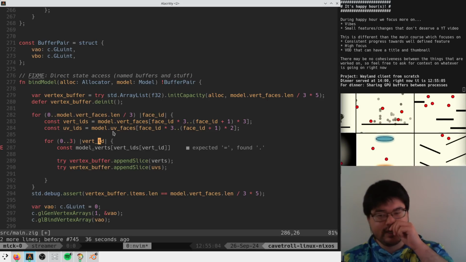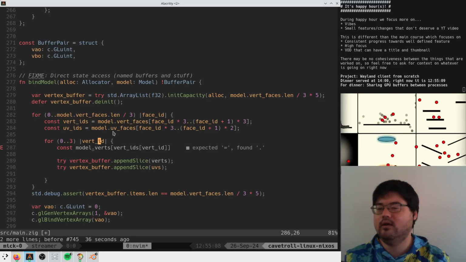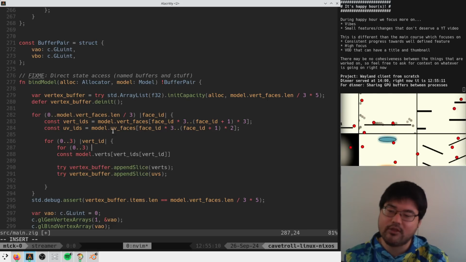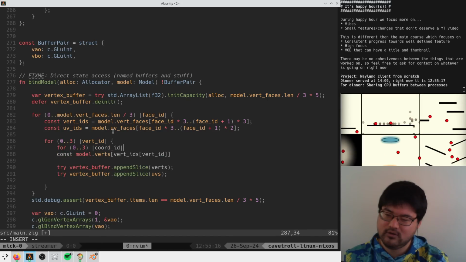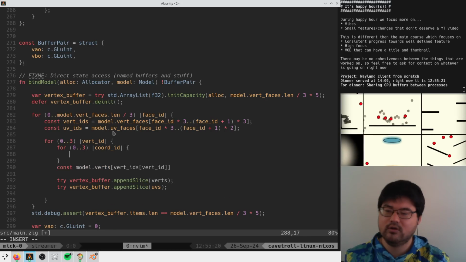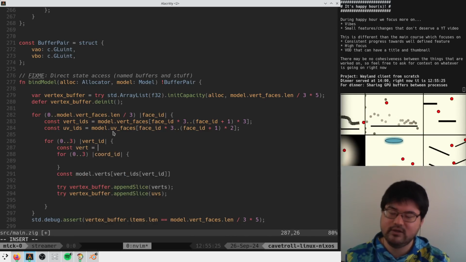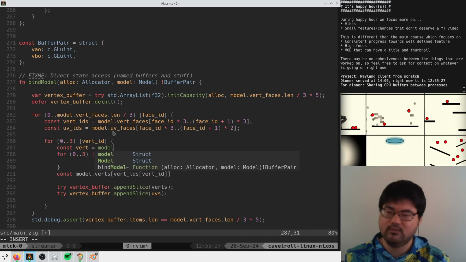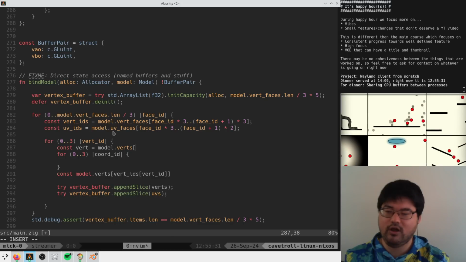Then for each vertex ID, there's 3 coordinates, X, Y, and Z. Ah, yes. So there's another one of these? So then we have vertex is model verts from,